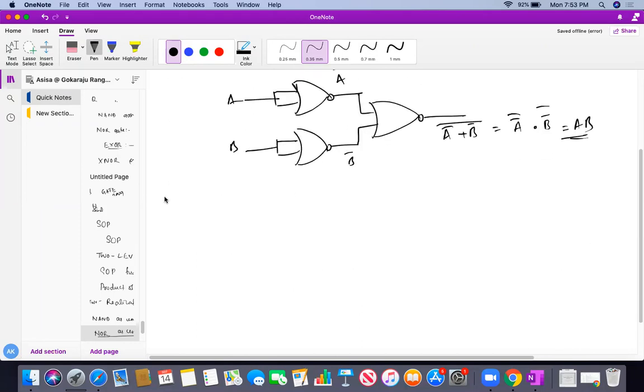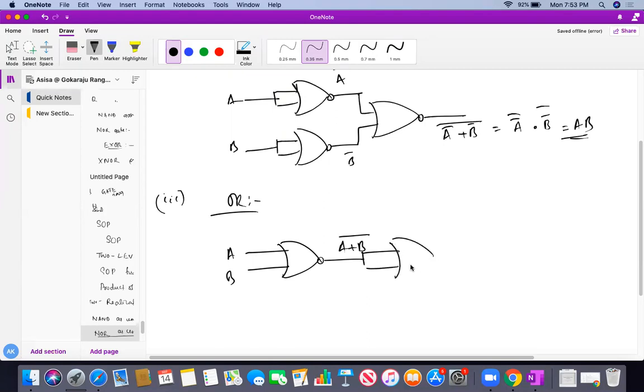And also we can design an OR gate using NOR gates, very simple, which just requires an inverter. This is my NOR gate, which gives A or B bar. If I put an inverter, which is nothing else but shorting the 2 inputs of a NOR gate, that will give me finally A or B.